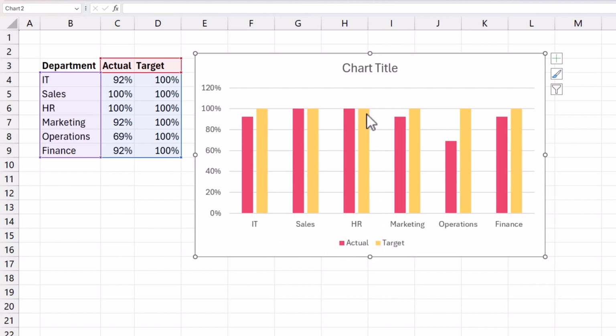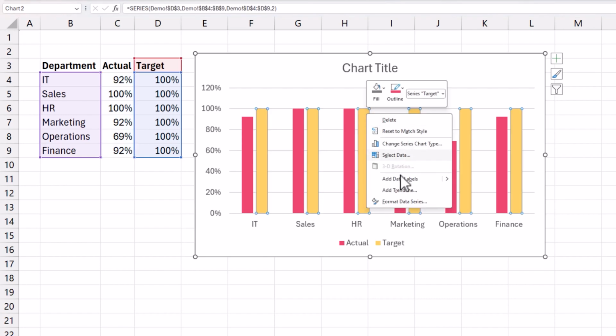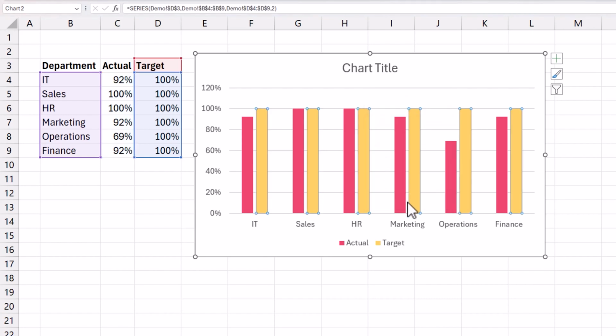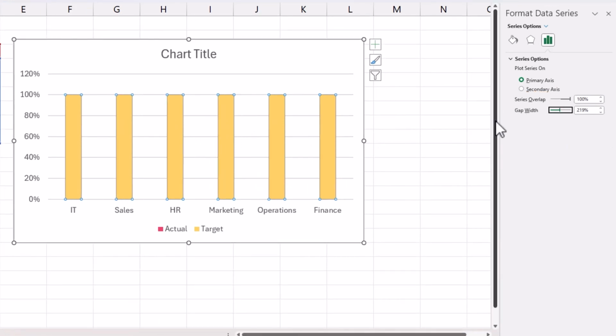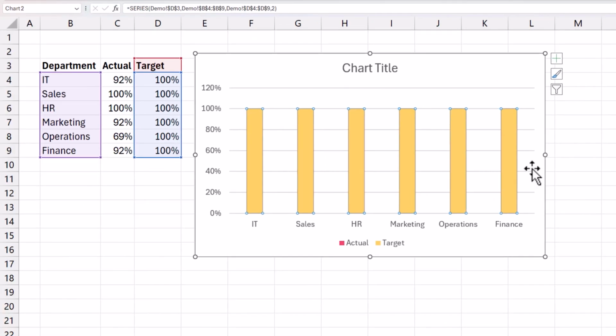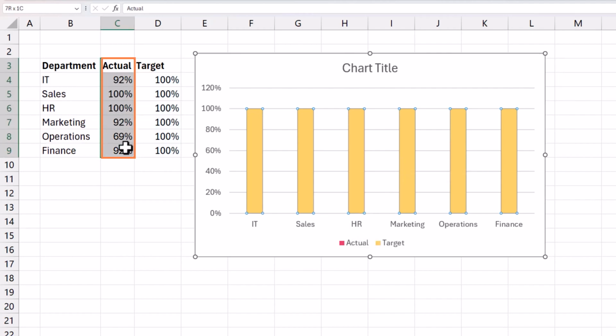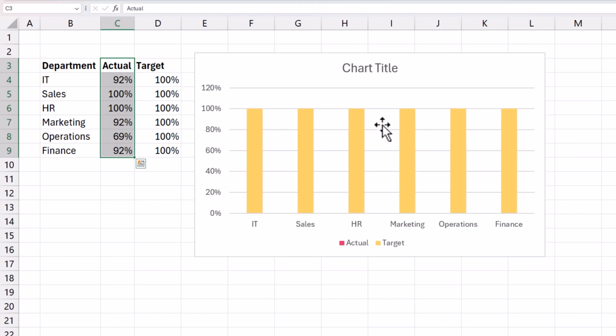Great. Now, next thing we want to do is to right click and format data series, and you can choose any one, and then make sure that the series overlap is 100%. This actually makes the two columns together, but unfortunately the order in which the actual and the targets are presented in the data, so we have actual first and then the target, is why this looks like this, where everything is 100%,